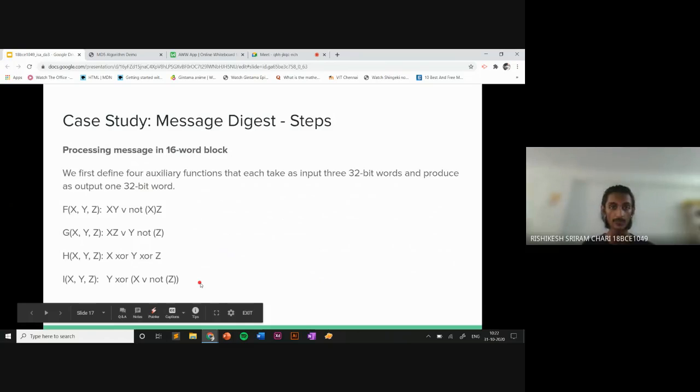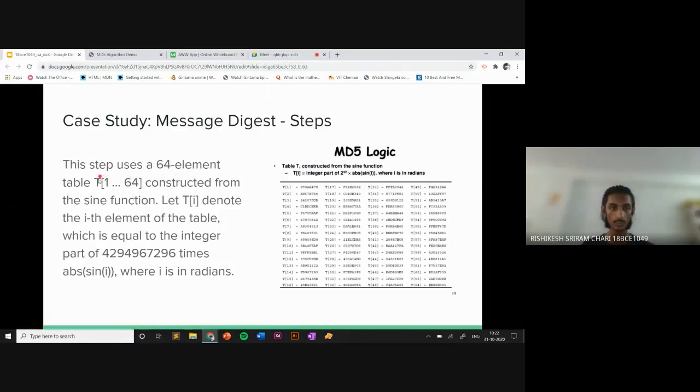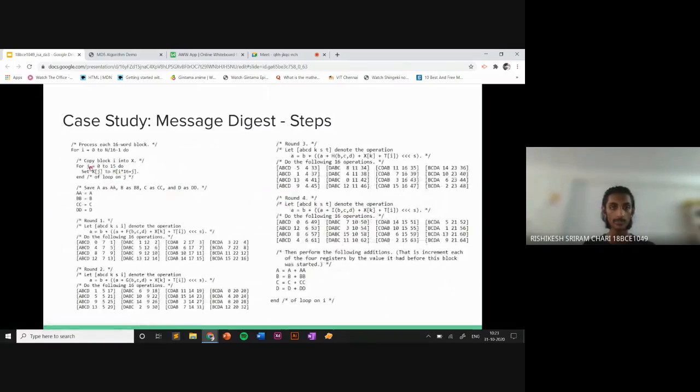And after that there is a table which is called the T table, and it's constructed from the sine function. And this is a 64-value table, and each index has a unique value that is used as a reference in the algorithm. So this is the actual algorithm, the main part. So what you do is you have to create a loop for i equal to 0 to n divided by 16 minus 1. So you divide the entire message into 16-word chunks, and after that